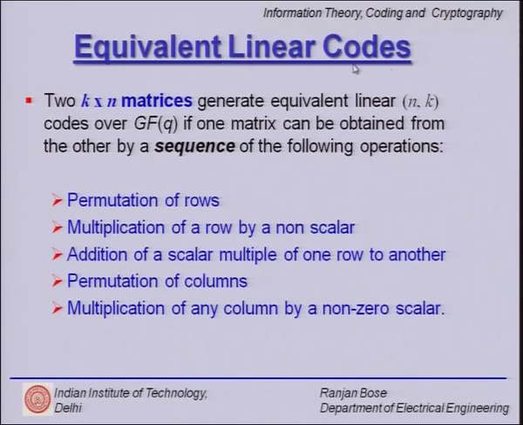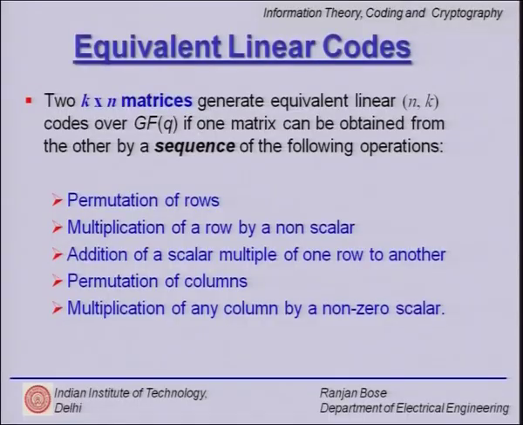So, first we have looked at a non-linear code being made equivalent to a linear code. Now, I can have one linear code being made equivalent to another linear code. The moment we have a linear code, we have the luxury of the generator matrix. Okay, that is an important observation. If you have a linear code, you can represent it using a generator matrix. Now, we are talking about two linear codes and we want to show the equivalence. So, we have two k cross n matrices.